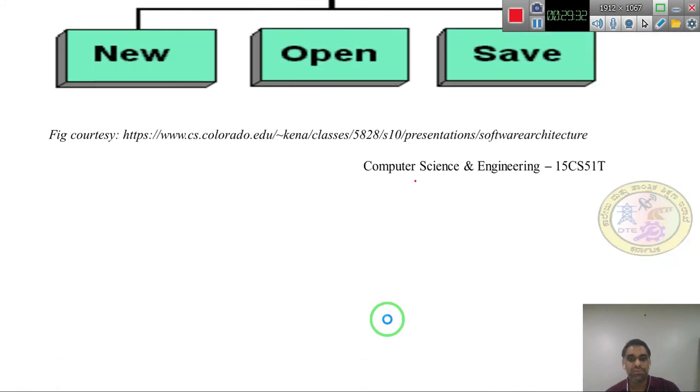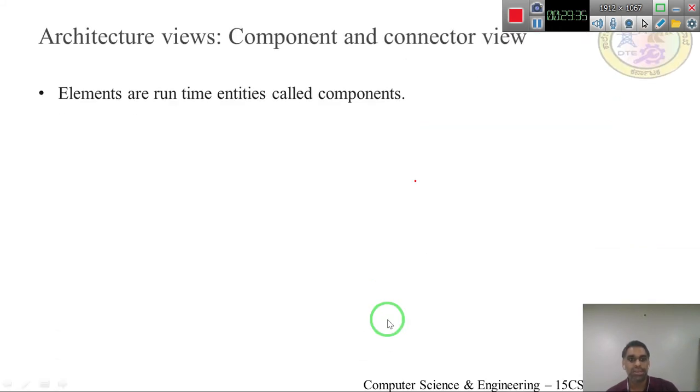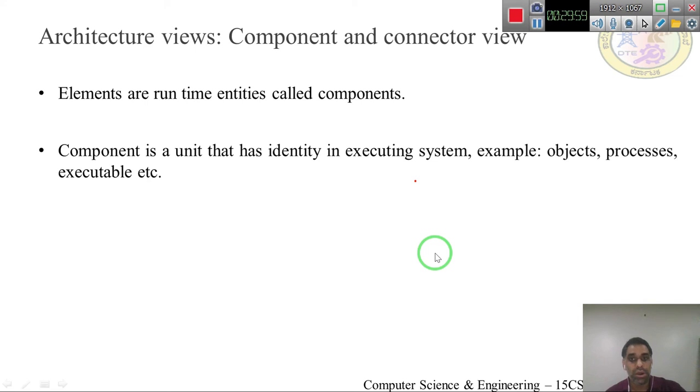Module. So next we will see component and connector view. So what is component and connector view? In this, the elements would be the runtime components, which are the principal units of computation. Along with the component, connector would be the second element which helps in communication among the components. So component and connector structure would help you to answer questions like what are the major executing components and how do they interact.